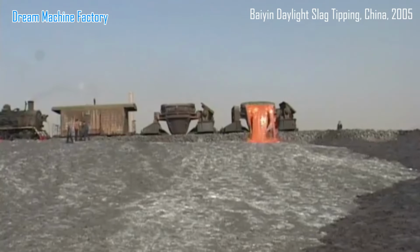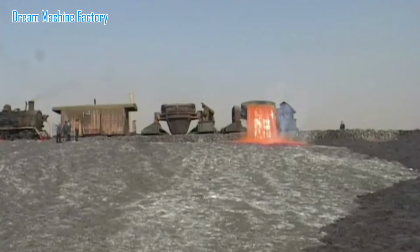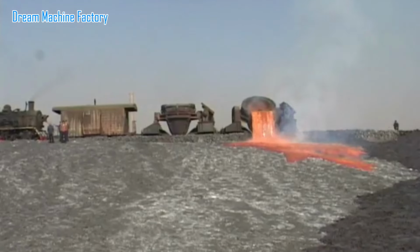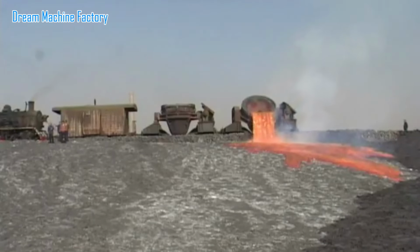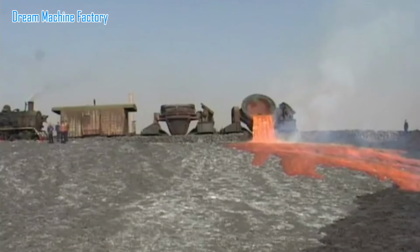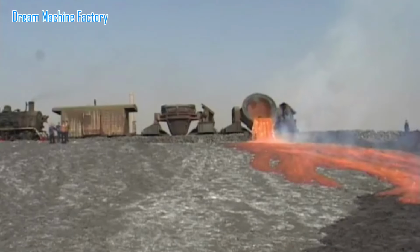The Baiyin daylight slag tipping event of 2005 is a lesser-known but visually striking example of industrial waste disposal in China, captured famously in photographs that highlight both the scale and drama of modern industry. Located in Baiyin, Gansu Province, a city known for its extensive mining and metallurgical operations, this event showcases the dramatic